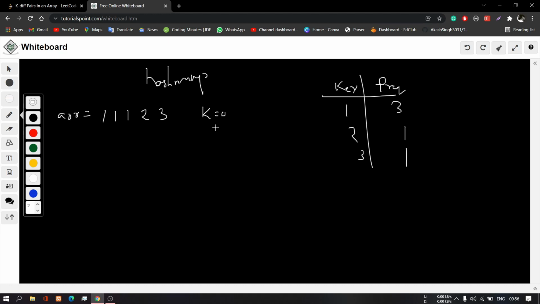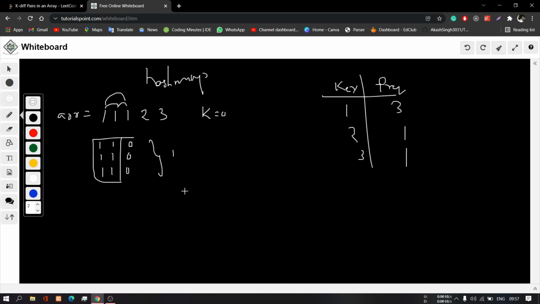Now there will be two conditions: one is if k is equal to 0, and the other is if k is greater than 0. For now let's see k equal to 0. If k is equal to 0, as you can see here, these two can pair up and make 0, these two can pair up and make 0, and these two can also pair up. 1 minus 1 will give you 0, then again 1 minus 1 will give you 0, and this 1 with this 1 will give you 0. But you can see that these elements are the same, so you have to consider it only one time.